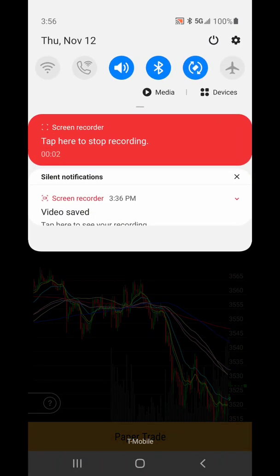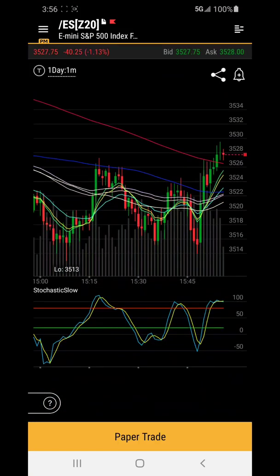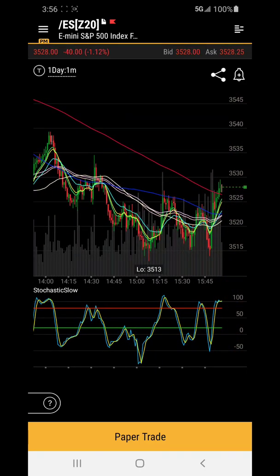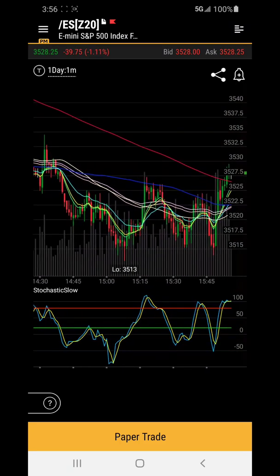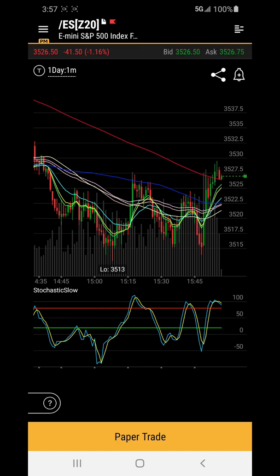Alrighty, 3:56 p.m. Thursday, November 12th, 2020. So let's look at this 1 minute chart for a second. And basically you see, one more second. So you see these moves from 35.13 to about 35.27, then back down to 35.15, then back up to 22, back down to about 14, back up to almost 35.30. So these big swings are pretty significant in terms of your P&L, and that's what makes this market a little bit tricky to trade,